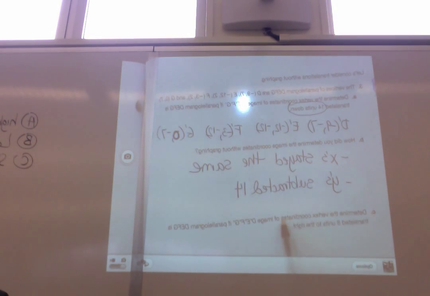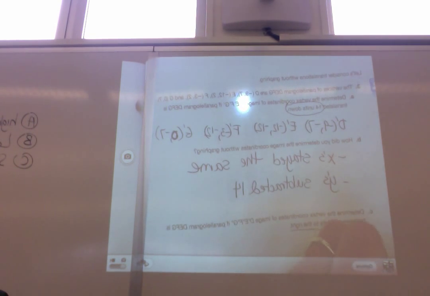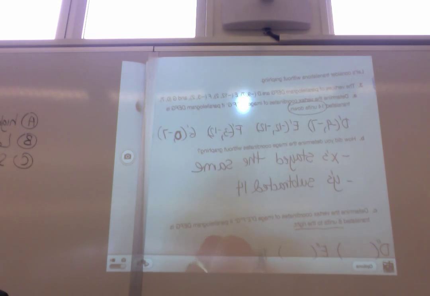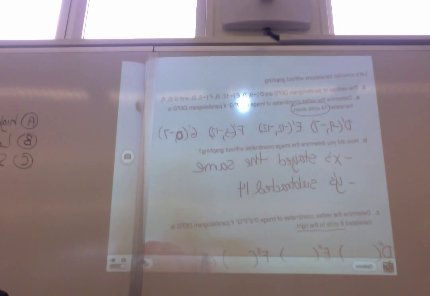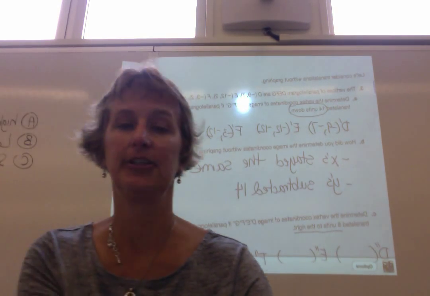Determine the vertex coordinates of the image of D prime prime E prime prime F prime prime G if the parallelogram is translated 8 to the right. All right, I'm going to walk around. You guys do